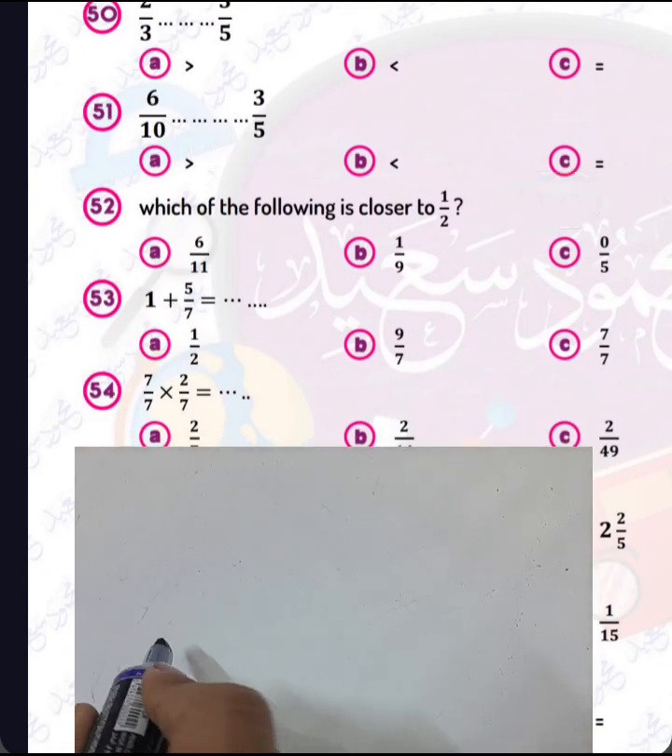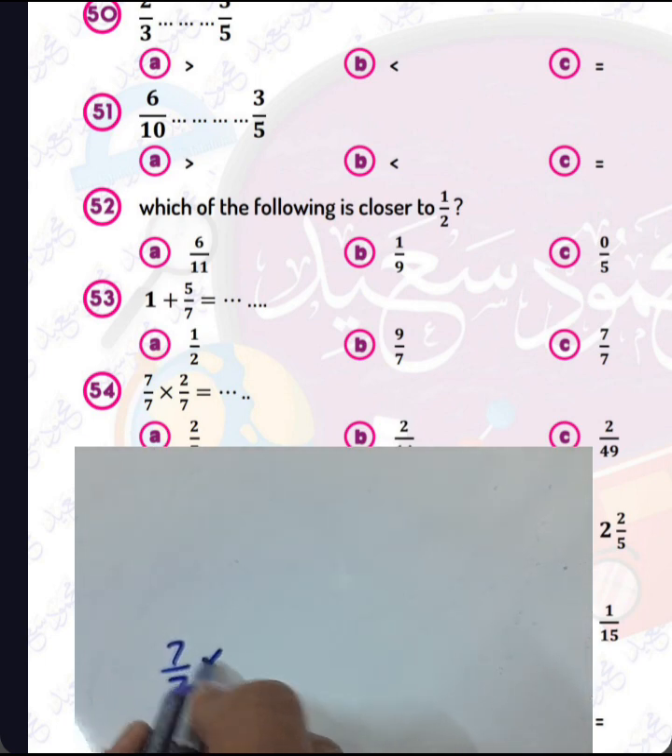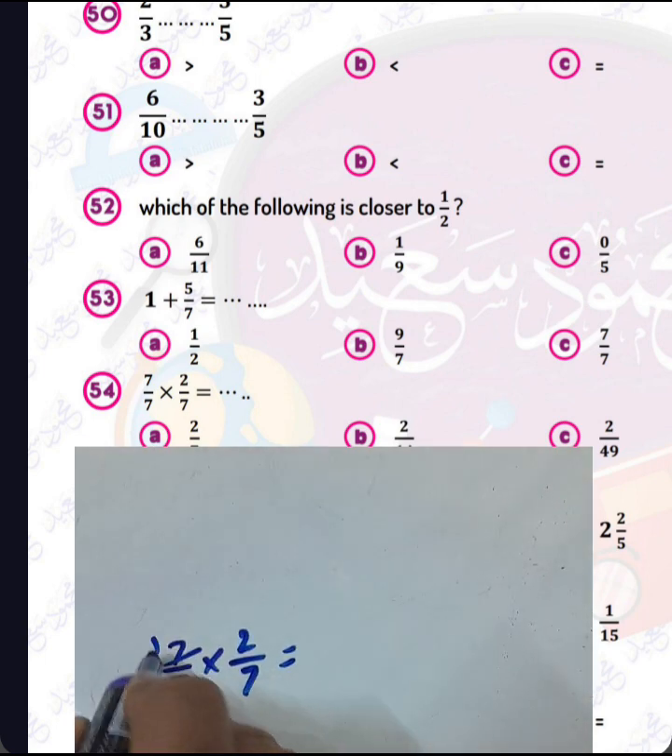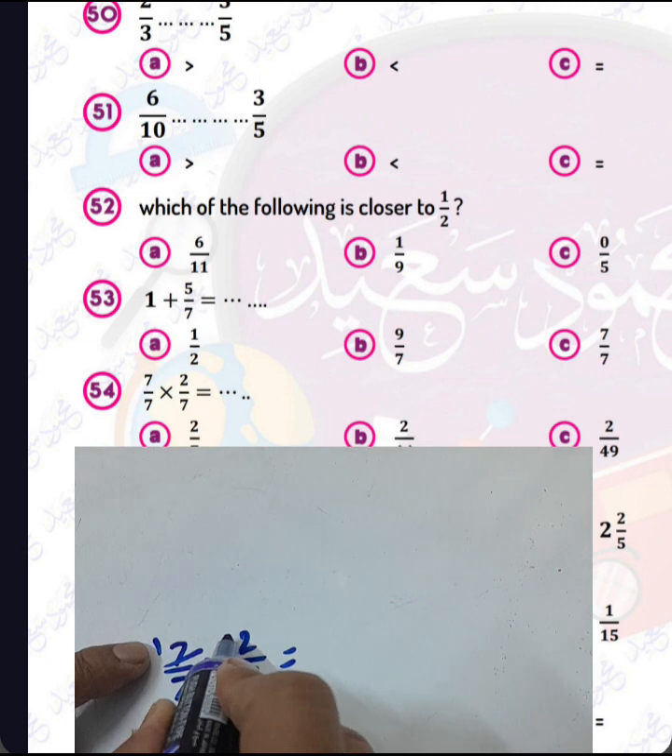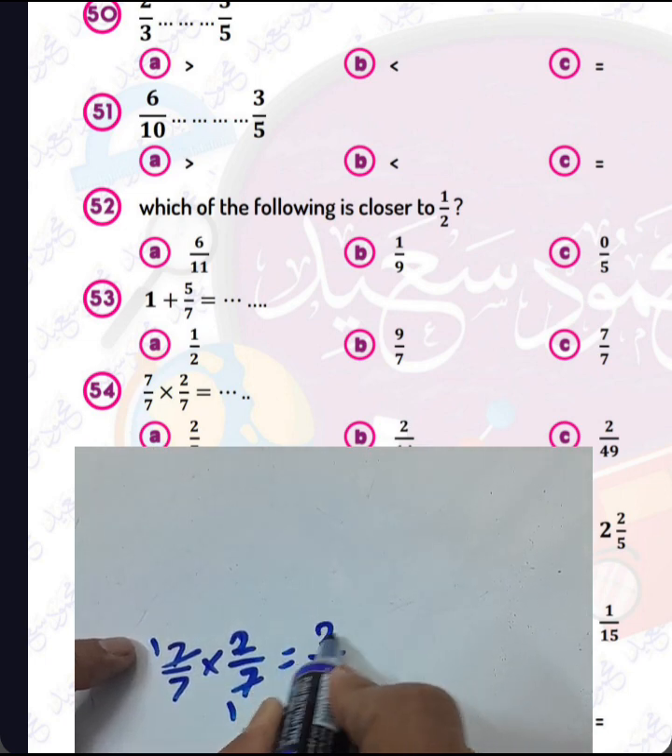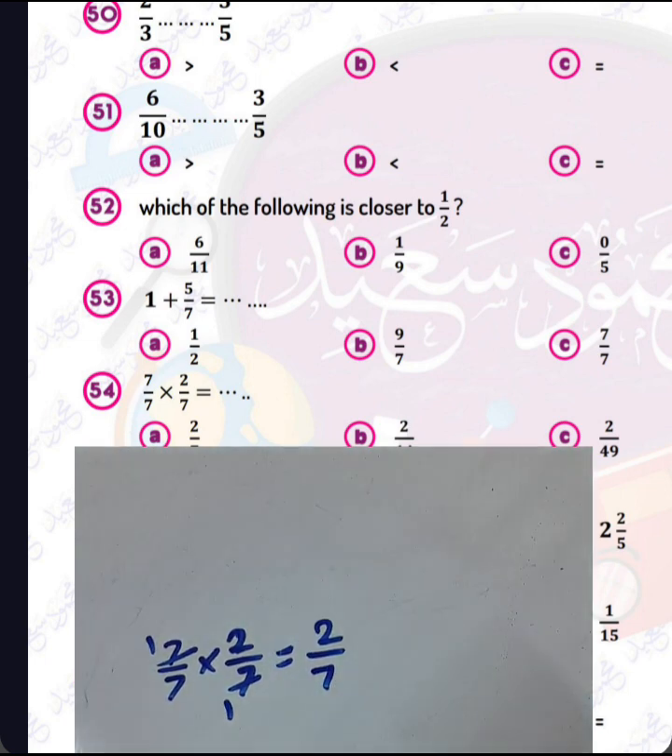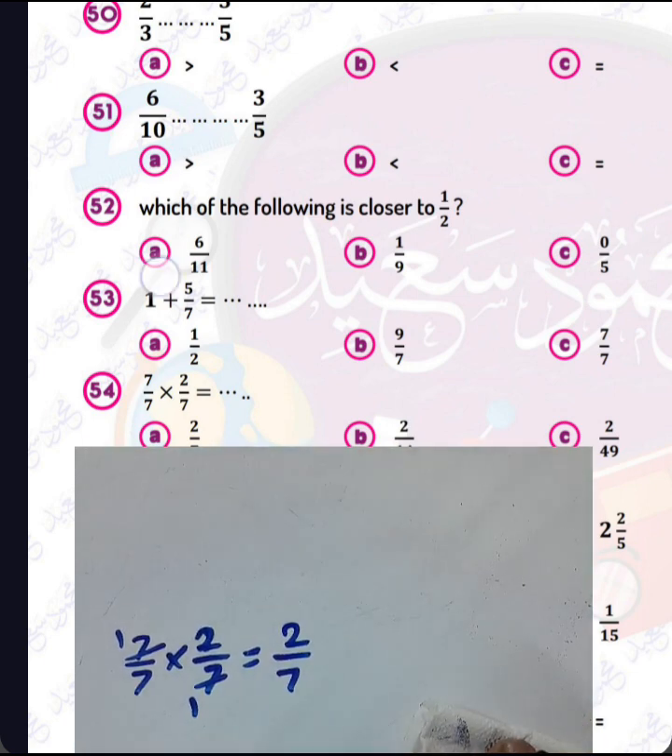7 over 7 product by 2 over 7. We can divide it. 7 divided by 7 is 1. 1 product by 2, 1 product by 7. Then the result will be what? We can write